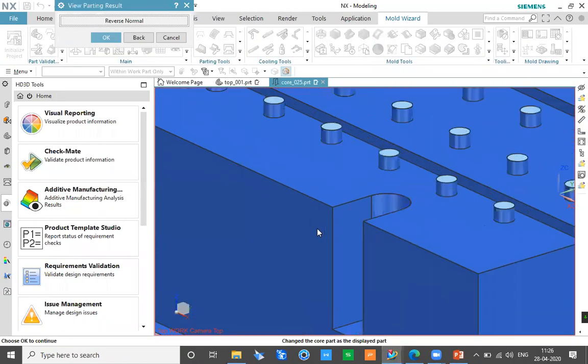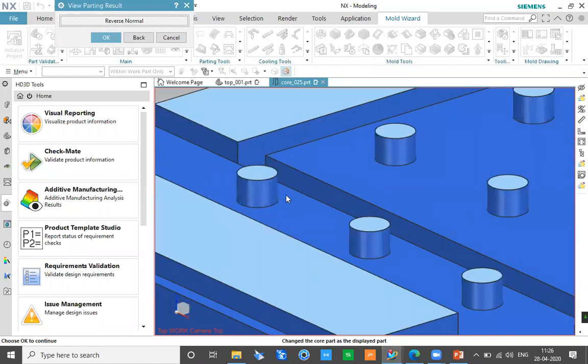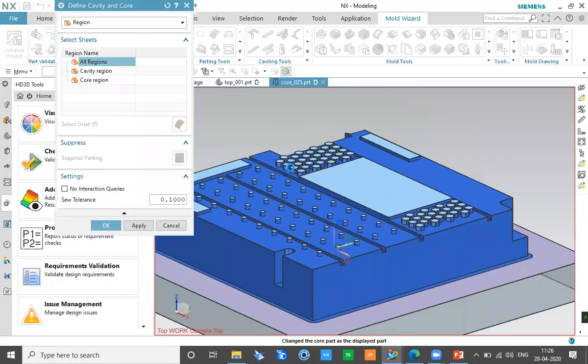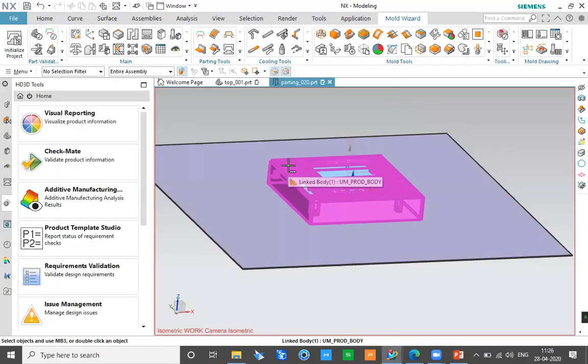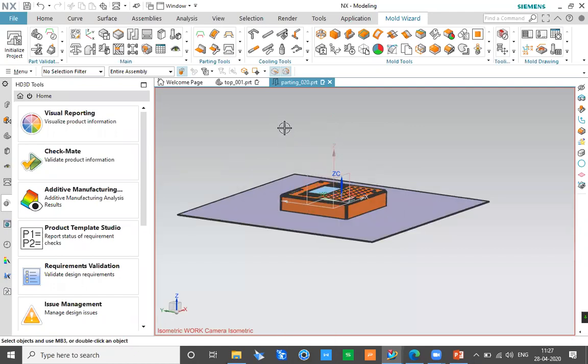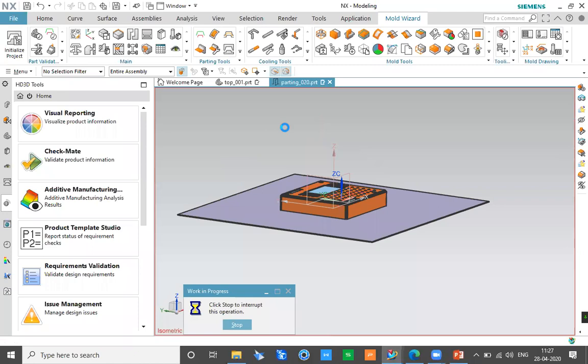And similarly, this is going to be the core side of the product, where all the small pins and everything is going to be added in the side of the core. Okay, so we can decide that very easily, and creating this kind of core and cavities is very simple over here. Now I'll just save the project, and we'll continue with the process of designing a multi-cavity part.